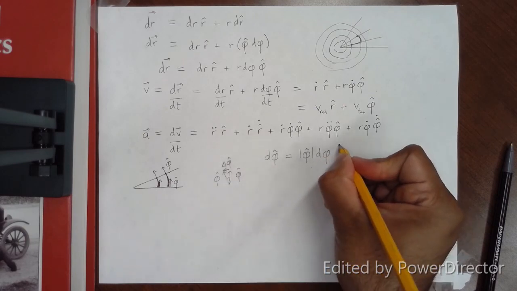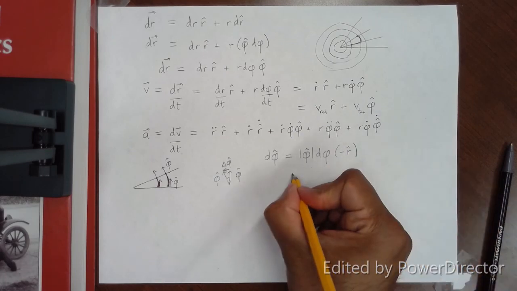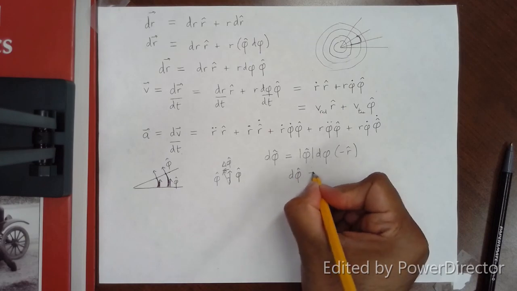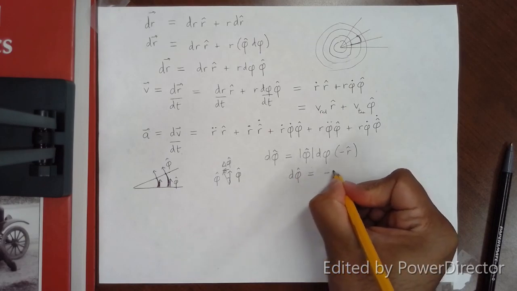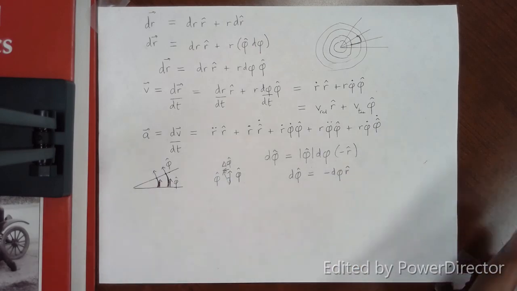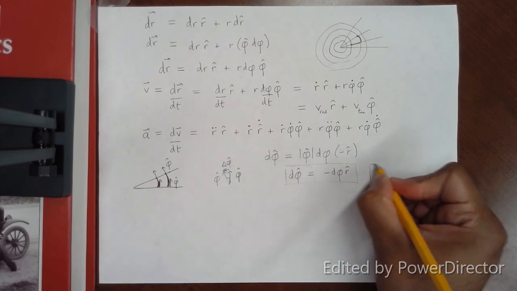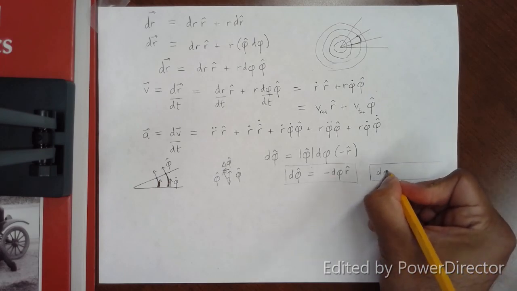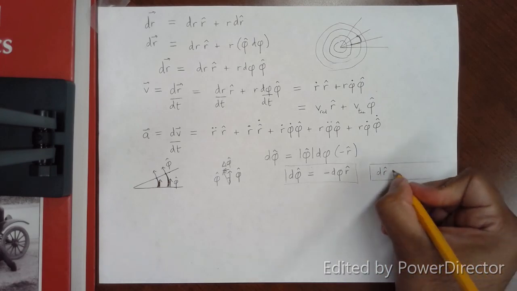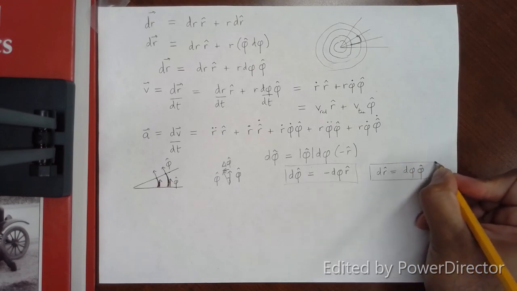And the direction is in the negative r hat direction. And so that simplifies to d phi hat is equal to minus d phi r hat. So with this relation, along with our previously derived d r hat equals d phi times phi hat,